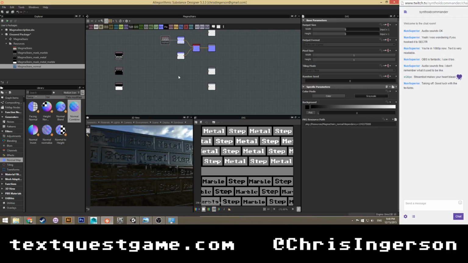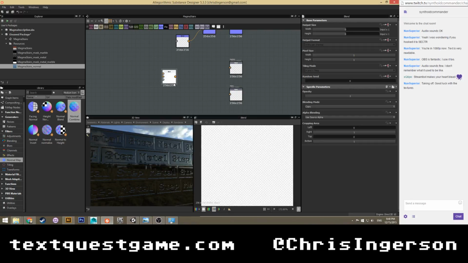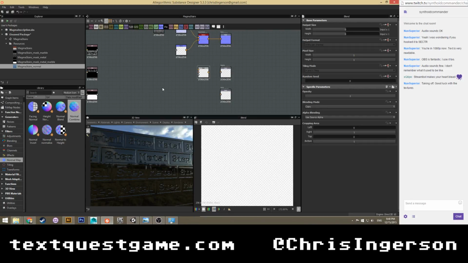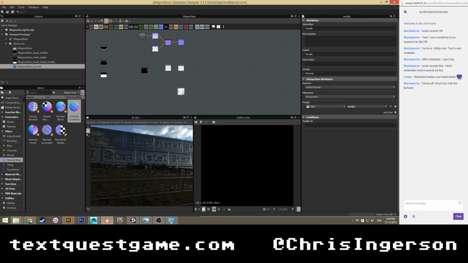And let's see. Let's go ahead and do blend. It's going to eventually feed into there. I'm going to have uniform color. Let's space things out a little bit more. Let's move you up to here. Space them out so they're 3 apart, I think. Yeah, that's good.